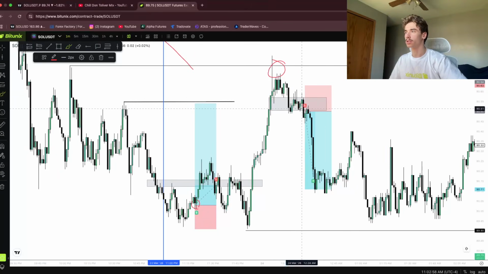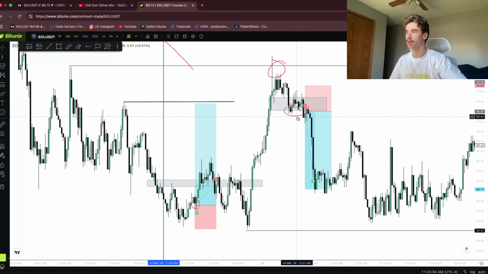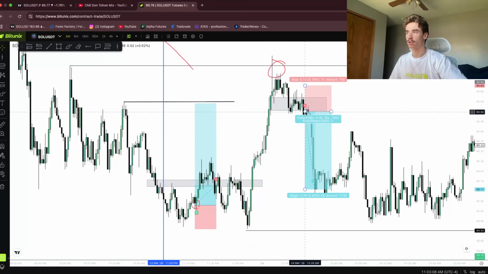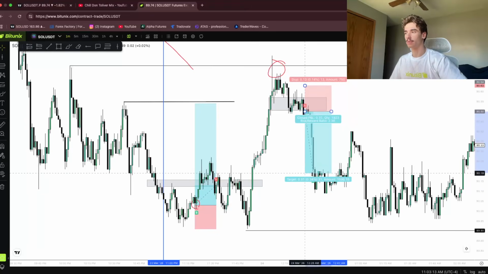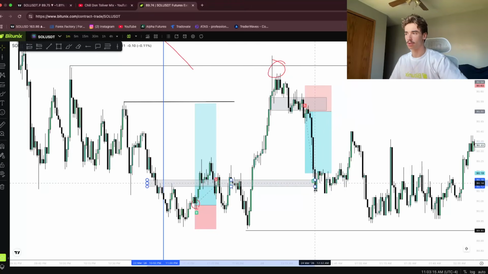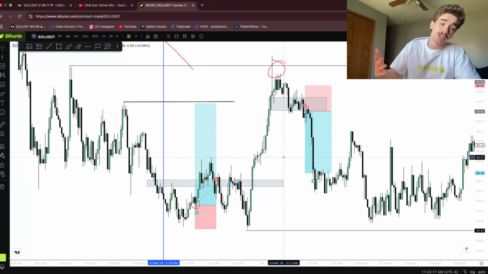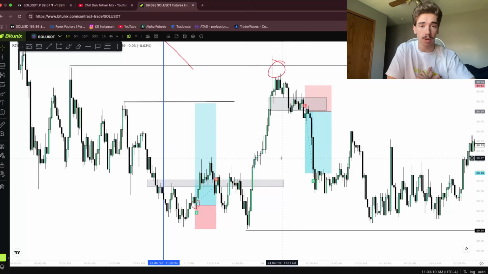also your break of structure, your change in state of delivery right here. And then obviously, as soon as we got that change in state of delivery as confirmation, with this candle closing below, I entered on that next candle, the micro pullback, and then I took profit as we were pushing down into that former support. But that's it, right? All we're doing is pairing our smart money concepts with time fractals,